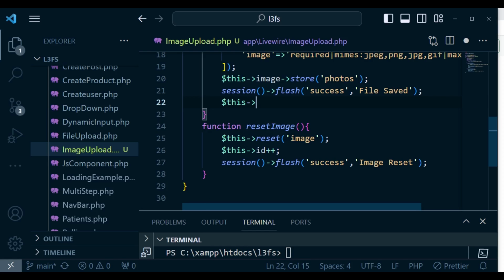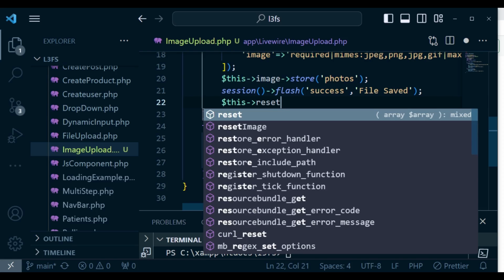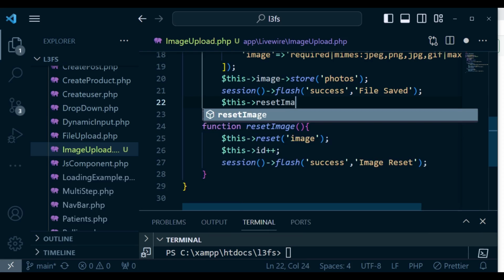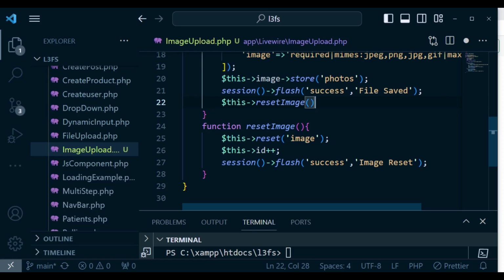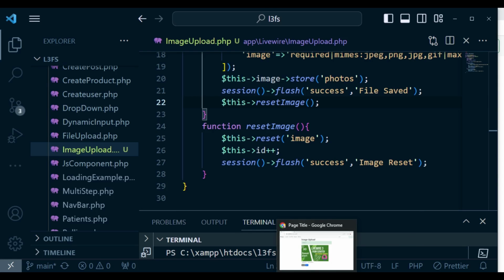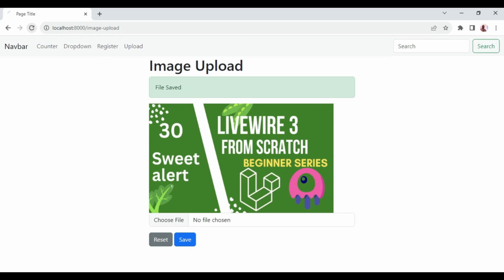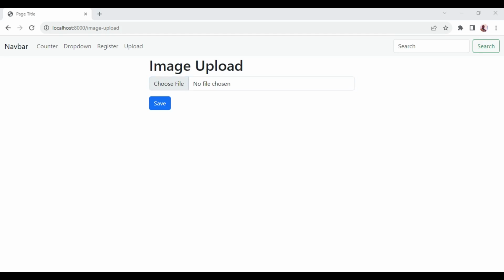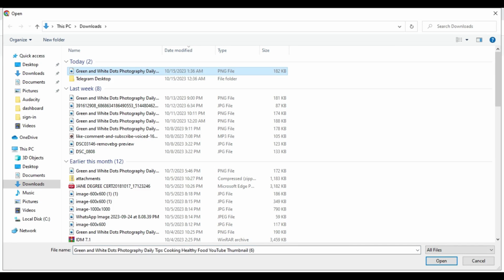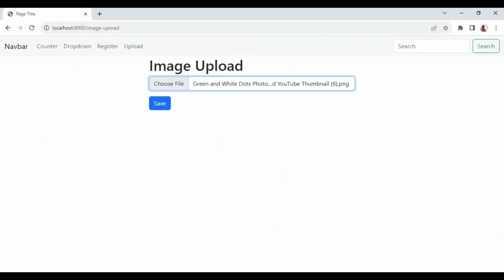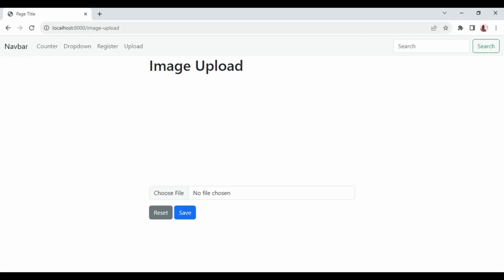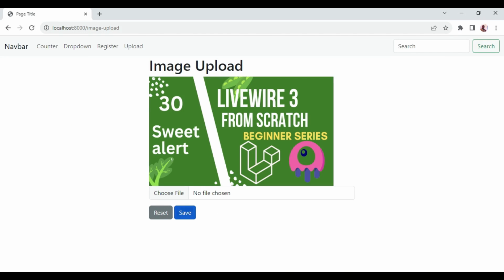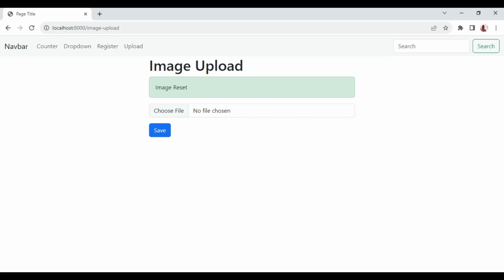So we can say this, and then resetImage like that. You can call this other method, this one here, such that we'll be able to do the same. So let me attempt to refresh. I'm going to use the same image,